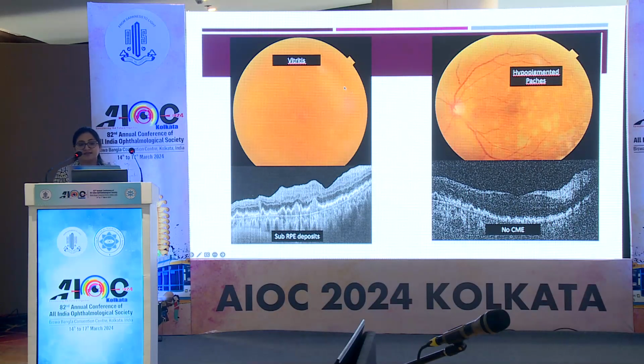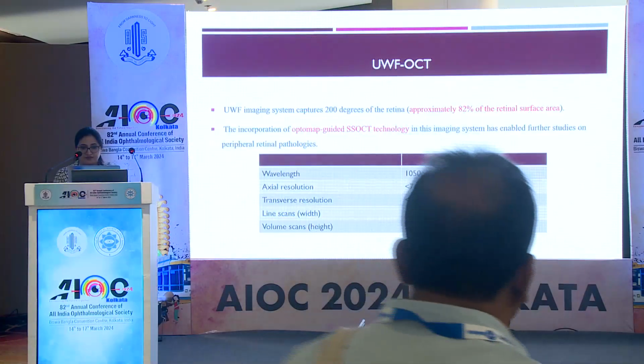Another important thing is sometimes the patients present with vitritis, which is non-responding to steroids, because we think it's a case of intermediate uveitis, but here we can see the classical sub-RPE deposits, and one most important thing here also, there is no cystoid macular edema present, as opposed to that in intermediate uveitis, in which we usually see CME. So this was a case of lymphoma, and a vitreous biopsy was done, followed by treatment.